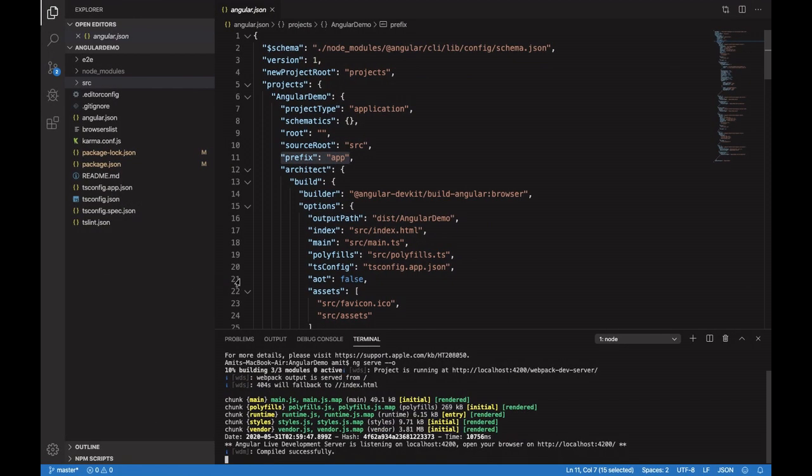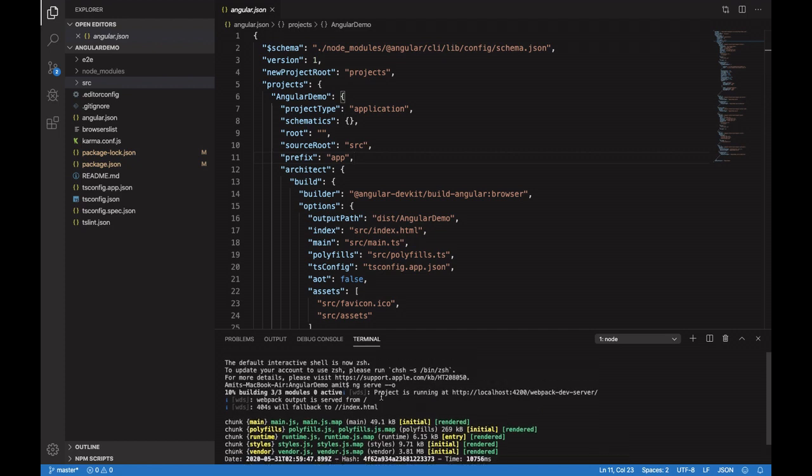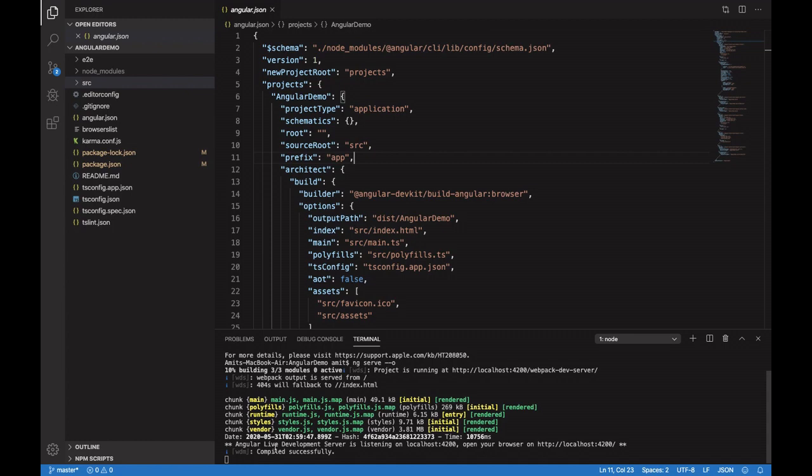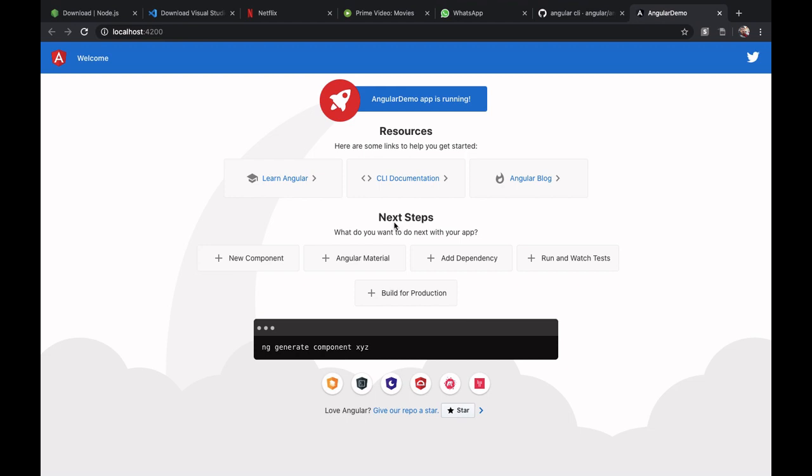If we go to our Visual Studio Code, we'll see the project that we created in our last video. If you remember, after running the command ng serve --open, it successfully executed this project and opened it in the browser, on the default port 4200.